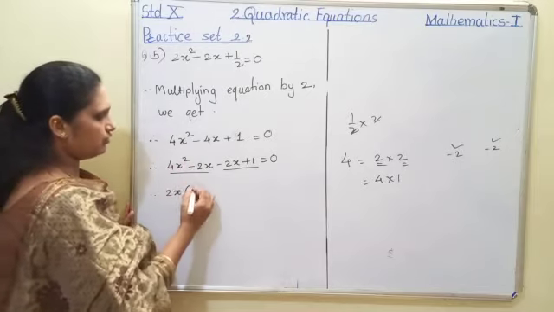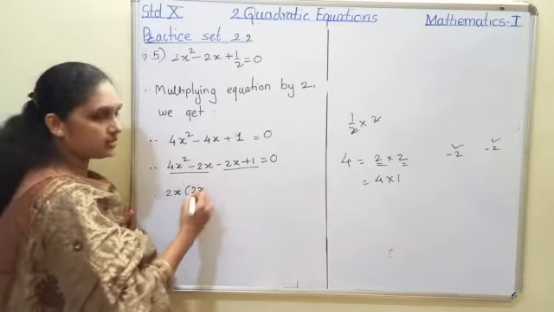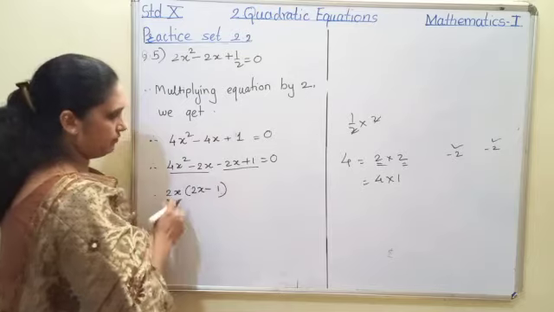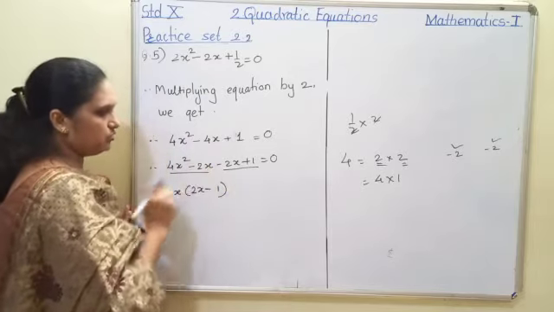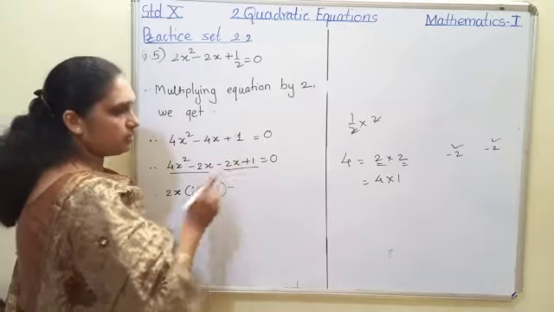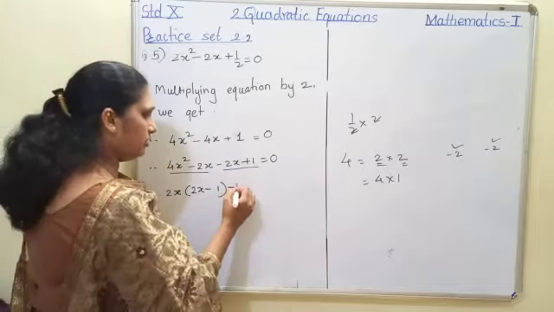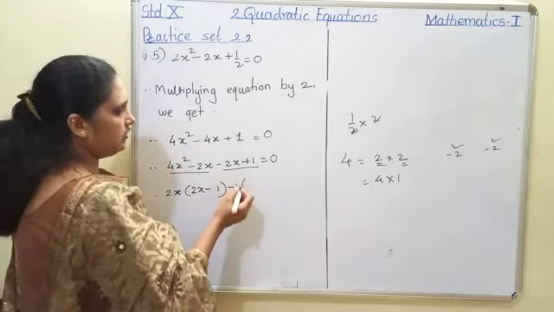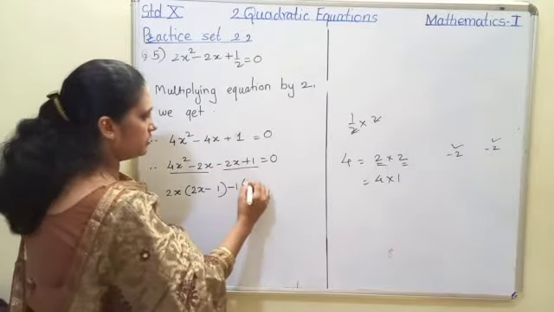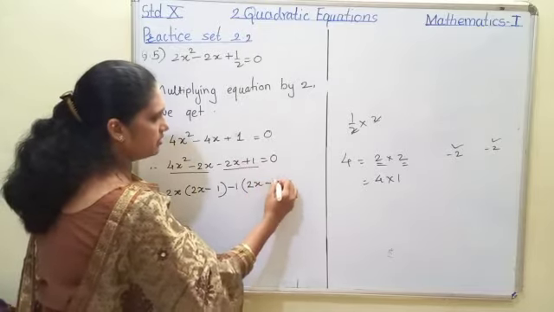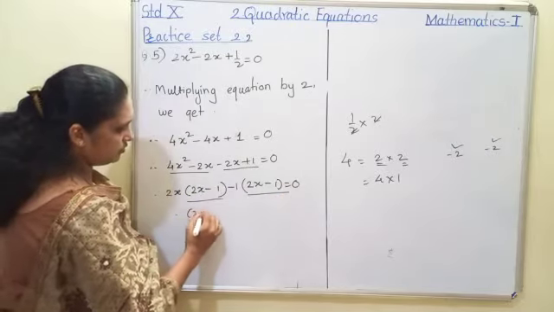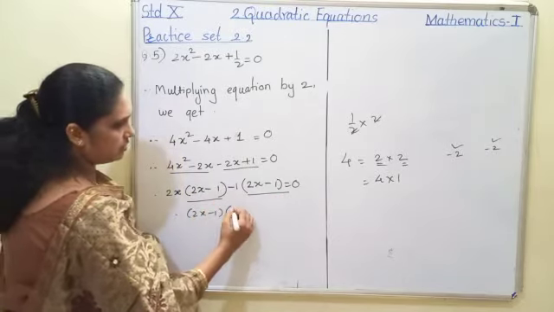So 2 is inside, 1x is out, so 1x is in the bracket. Now the whole term is out, so minus 1, because minus 2x, 1 are minus 2x. Now the next sign is minus, so we'll take minus out. 2x plus 1, nothing is common, so 1 is common. Then we'll take minus 1 common. And if the minus sign is out, inside the sign will change. That is, this minus will be plus and this plus sign will be minus. Now 2x minus 1, same 2x minus 1, and the remaining numbers in the second bracket.